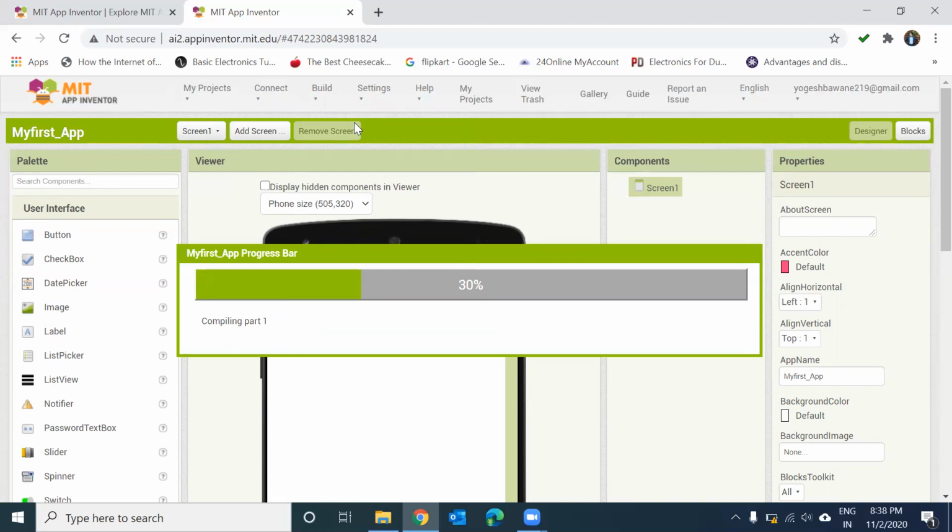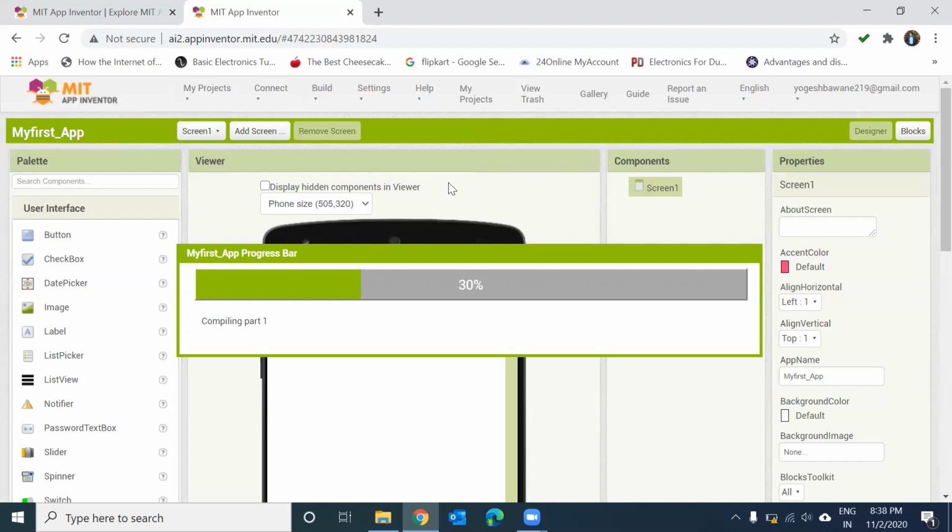This might take a few minutes, because it takes a few minutes to make the APK. After that, it will create a QR code on the screen. So this is the user interface of the MIT App Inventor platform. I will be explaining the complete details and complete tutorials regarding the MIT App Inventor platform. So stay tuned. Just be patient, you need to hold your patience while the APK is being made.